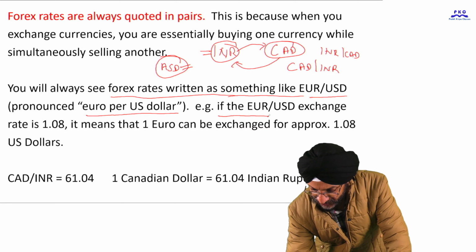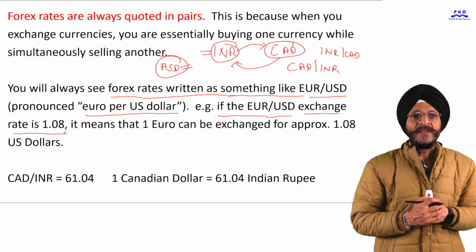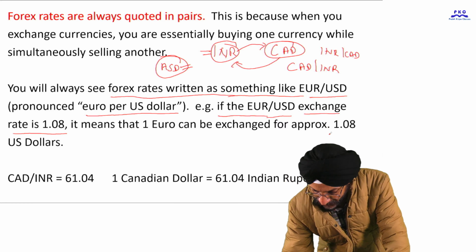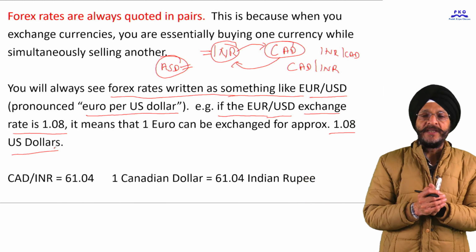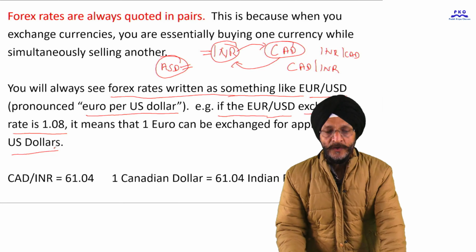So when it is written that the euro oblique USD exchange rate is 1.08, it means that 1 euro can be exchanged for approximately 1.08 US dollar. In the same way, if we want to purchase 1 Canadian dollar, we will have to pay